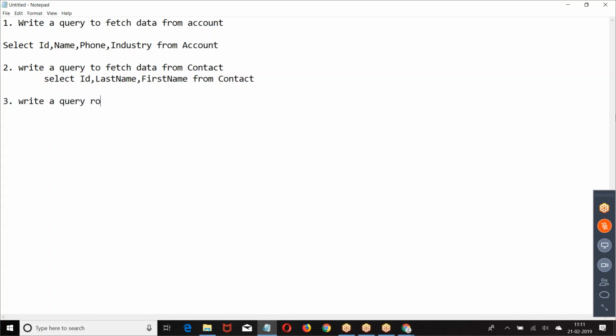Write a query to fetch data from the opportunity object.